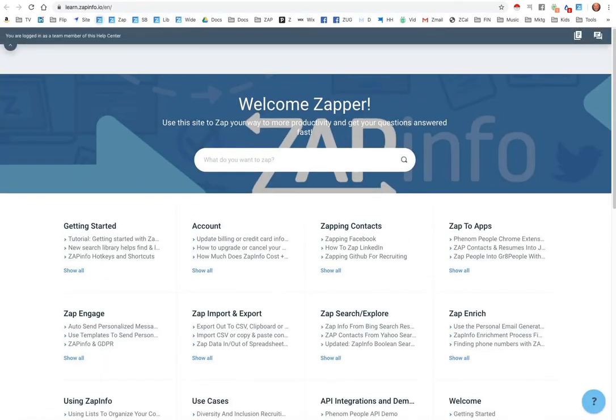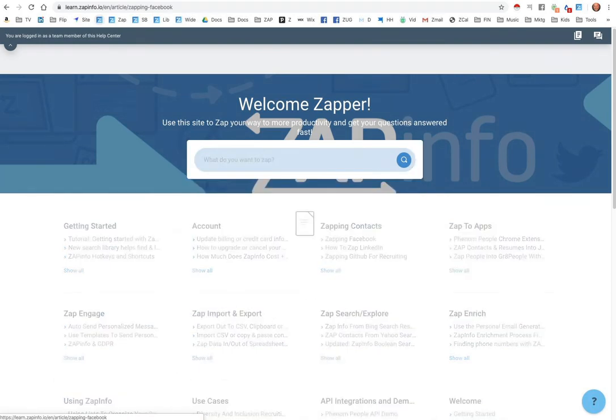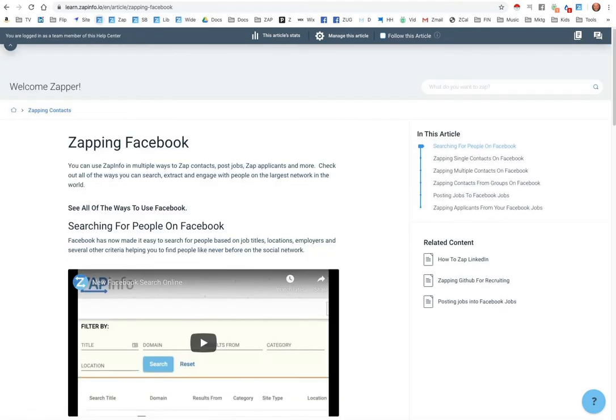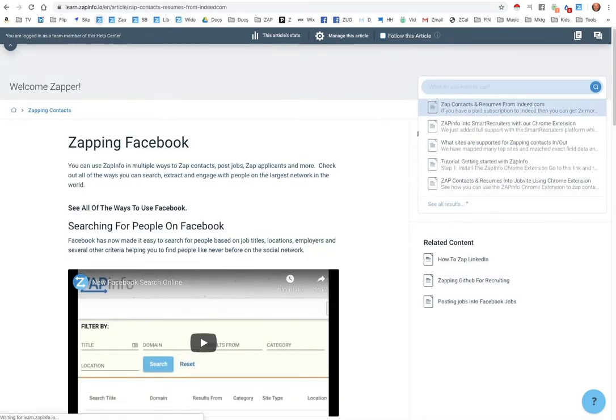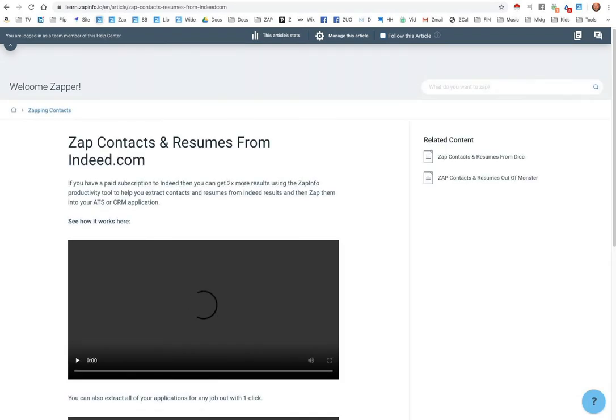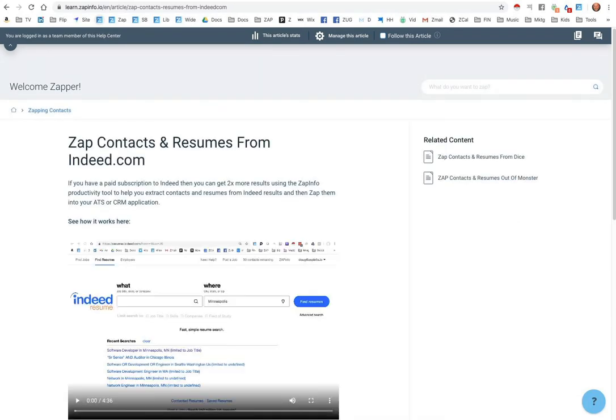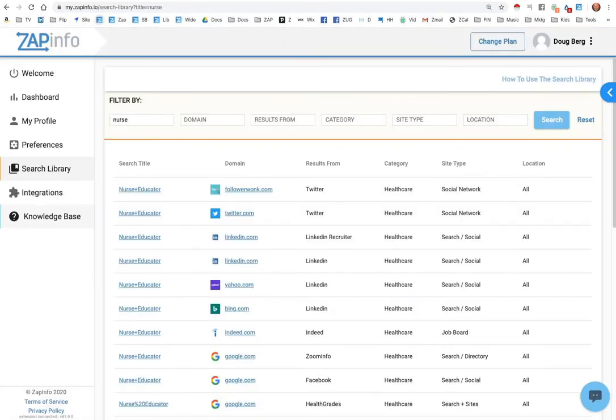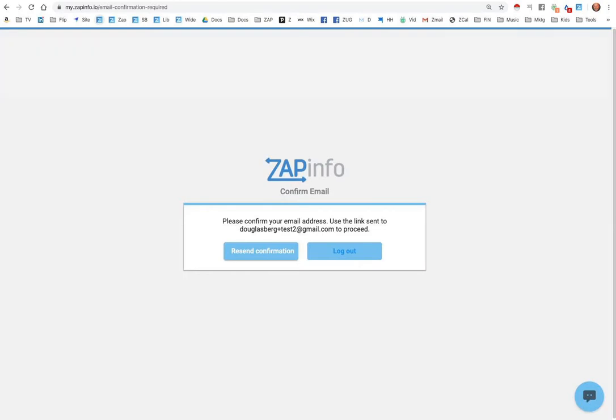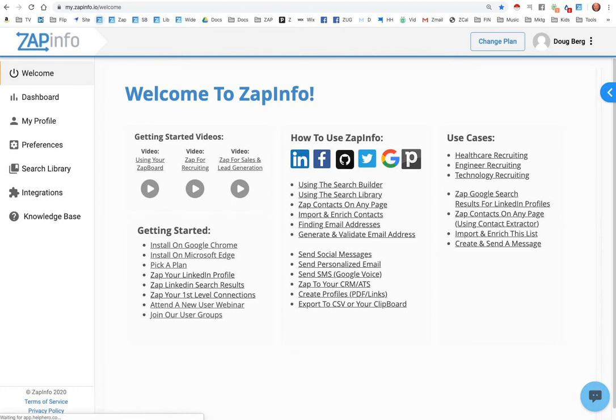Or if you want to see how to use ZapInfo, you can go to our knowledge base. So if you're curious about how to zap things on Facebook, you can come in here and there's plenty of videos on how you can utilize the tool on all of the different sites like Indeed, LinkedIn, Twitter, any of the different accounts that you might be interested in pulling data from. So again, really great resources for you built right into the tool so that you should be able to install the ZapInfo tool, get back into your welcome screen, start utilizing some of these different capabilities on how to zap